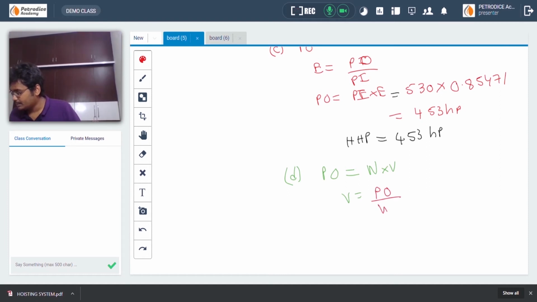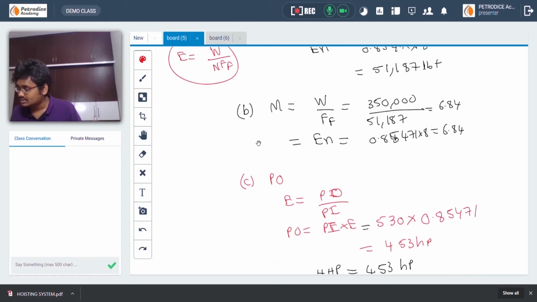PO divided by W, the weight, hook load. So HHP is 453 horsepower. Let us convert into feet lbf per minute. It is given as 33,000 feet lbf per minute. Okay, see the conversions. And weight, that is hook load, is given as